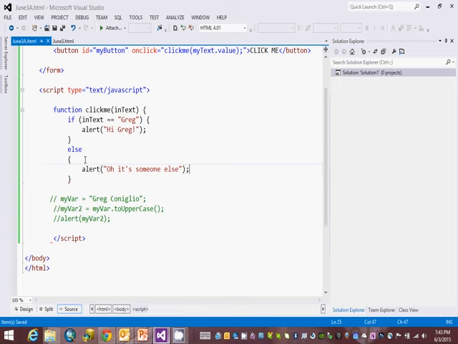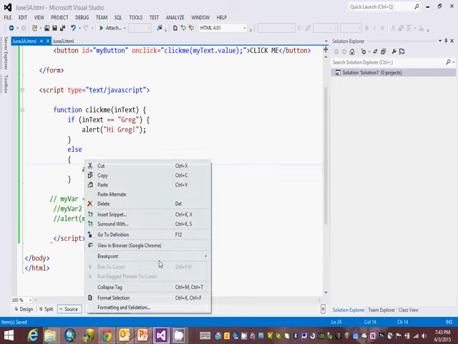So I'm going to use the function we wrote earlier. I'm going to take the text and check if it's equal to Greg. This is the text that's going to come to that button. If it is, that will run. And if it's not, this will happen. So let's try that. And notice the different things that will occur. If I type Greg and click the button,